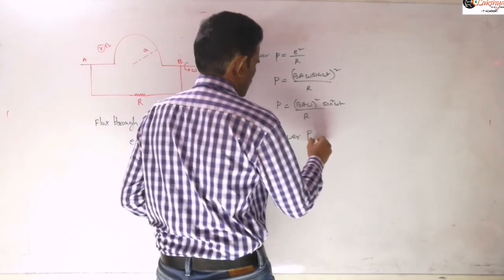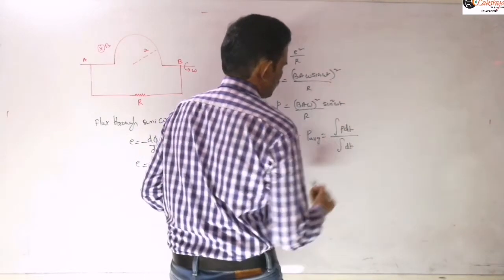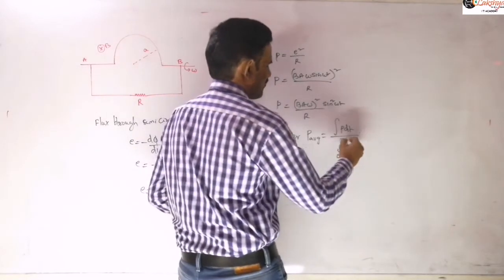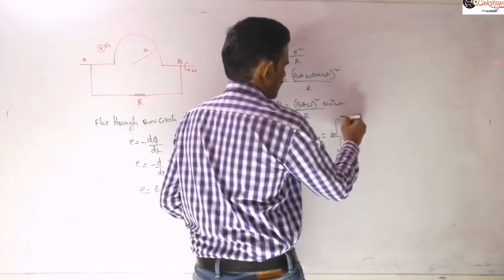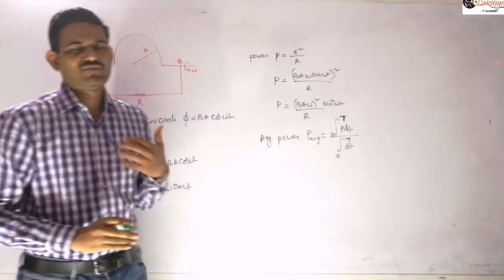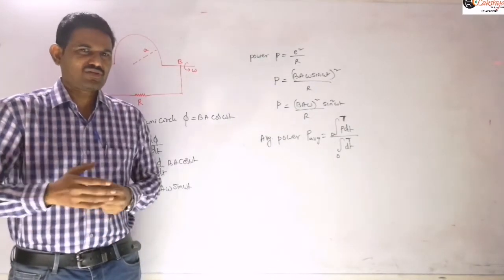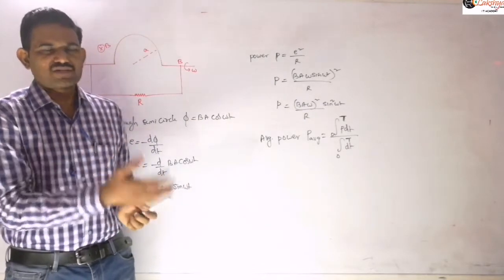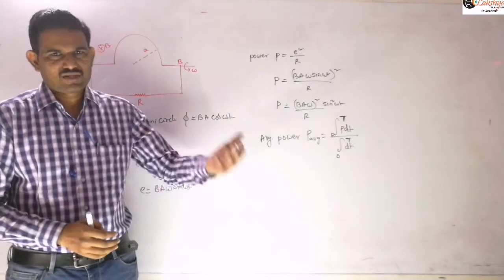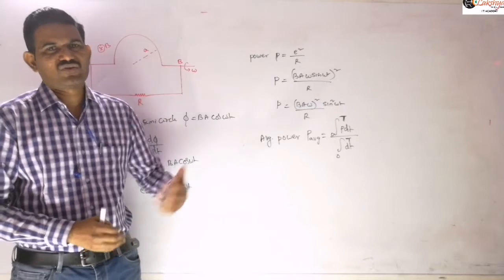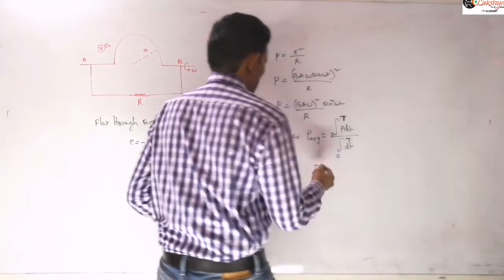so average power, P average is equal to integral of P dt by integral of dt. This is a general way of calculating the average values if that function is a variable function. Even if the velocity is a function of time, then you need to calculate its average value like this, right? So it's a general formula, not only for this problem, and this type of calculation we will discuss in AC circuits, our next topic. That means after completion of electromagnetic induction, we will discuss AC. So in that we will get those more calculations related to this.